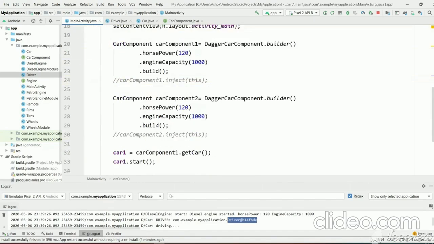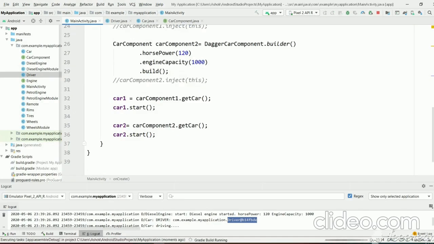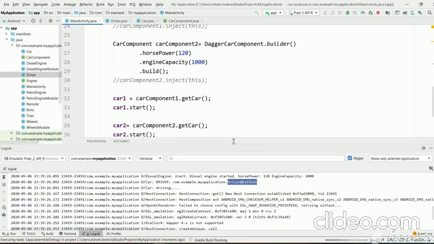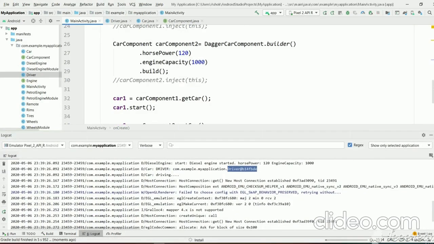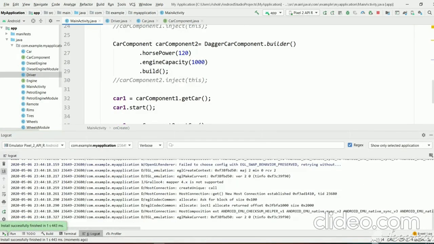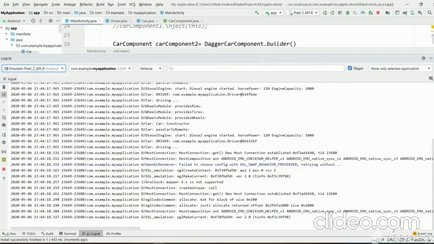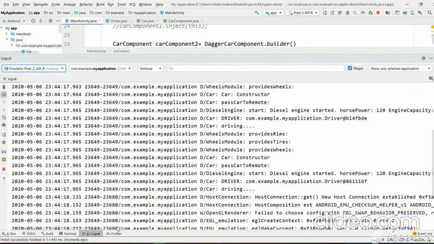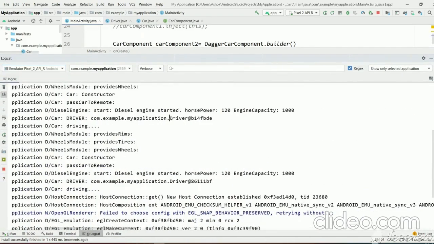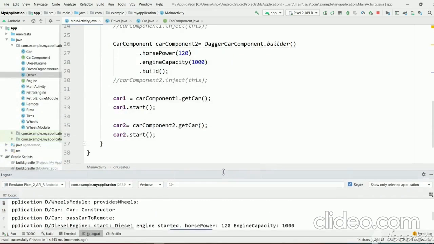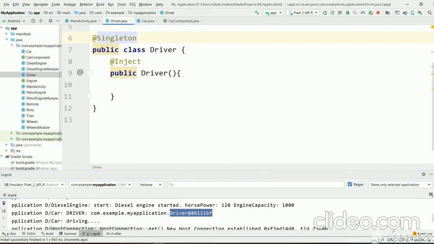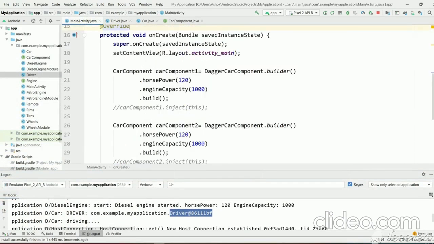Now let's see whether these cars have the same driver instance or different. As you can see, they have different driver instances, even though the driver class is singleton, because singleton is per component, not per application.